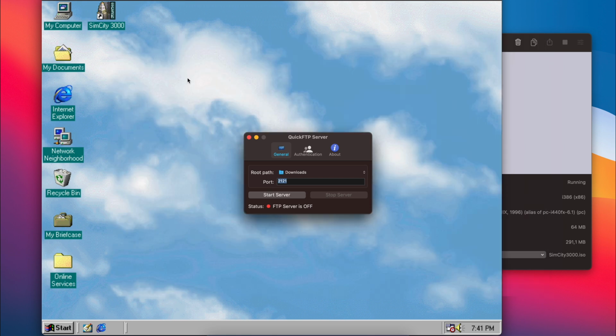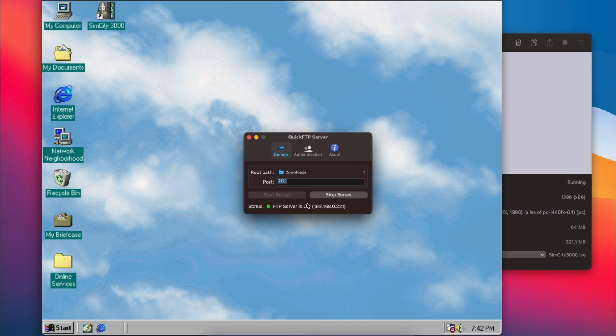The app is free and can just be installed from there. Download and install this app on macOS from the App Store and start it. In the main screen, select the root path. This is the directory which will be accessible from Windows 98. Then select a port. The port number has to be higher than 1024, so the default port 21 will not work. I chose 2121. In the Authentication tab then, enter a username and password, which will be required in order to access the files through the server. Here you can also choose if you want this access to be read-only or read-write. Then click the Start button on the first screen.